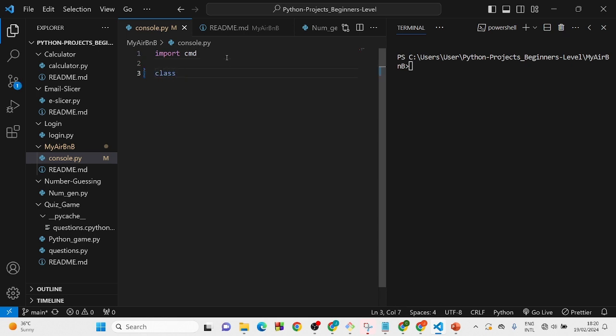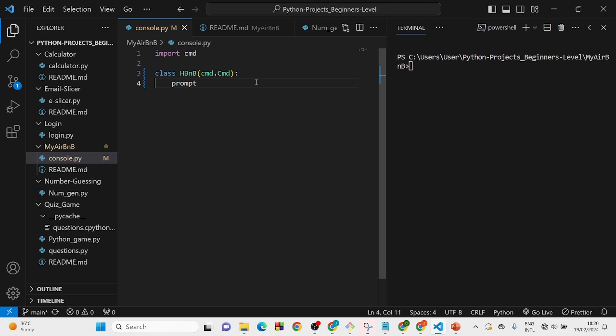We want to create a class, and we want to call this, let's say, and pass cmd.Cmd as that argument. Like I said, the Python module implementation is going to help you with all of this, how they work. So after we pass that, we are going to